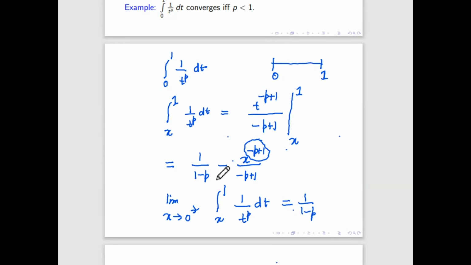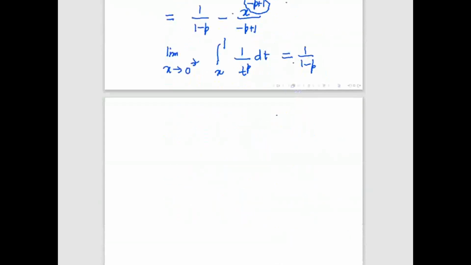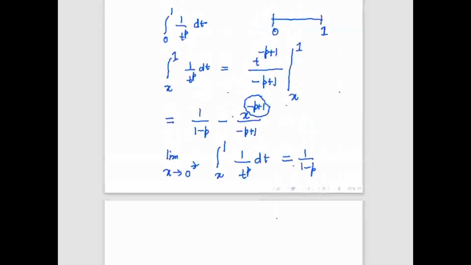So this is the end of integration. Now I will recall whatever we have discussed till now. Sir, this part, can you explain? Disturbance was coming. Yeah, the last part. I am saying that here we can take x tending to 0, but the domain is from 0 to 1. So only the right hand limit will exist. The left hand limit we don't know anything about, because that is not part of the domain. It is starting from 0 only. So we can go 0 plus, we cannot go 0 minus.